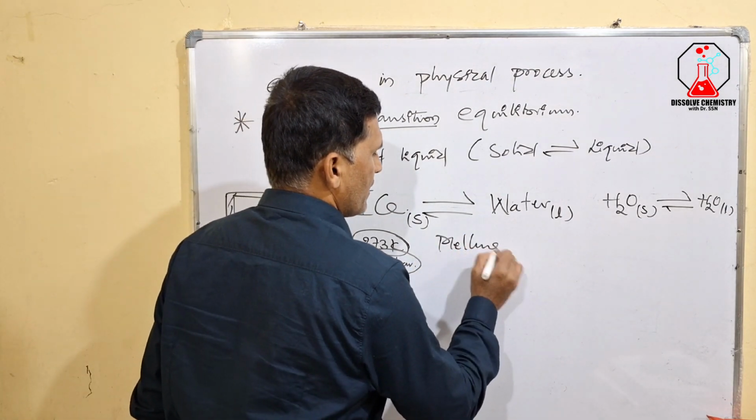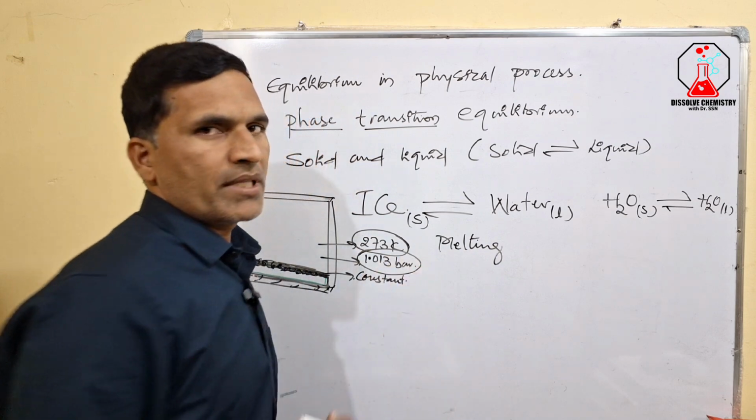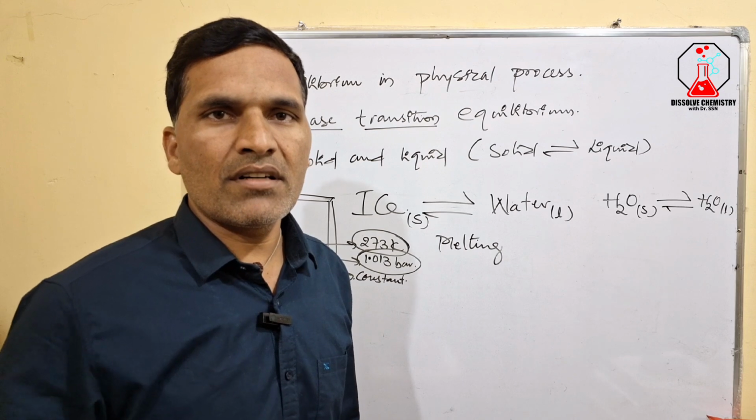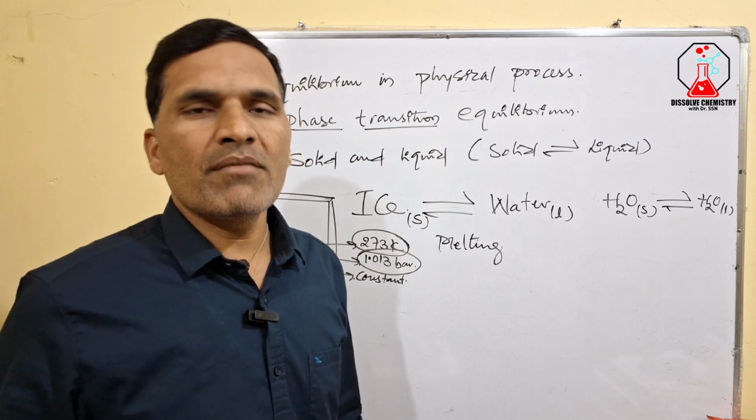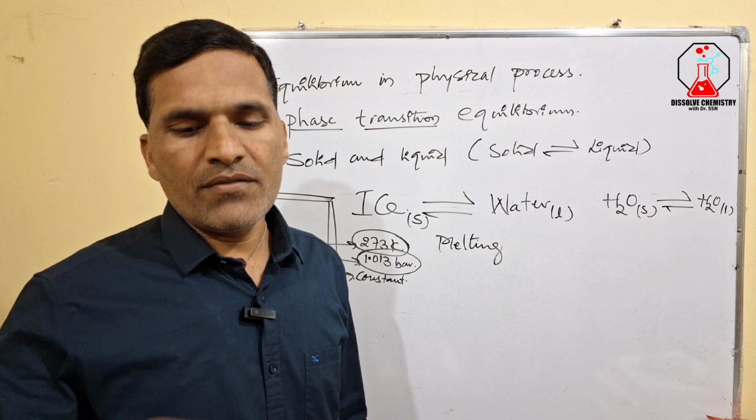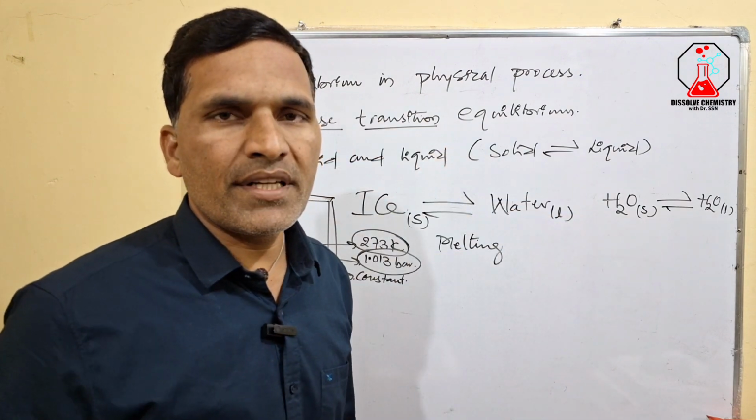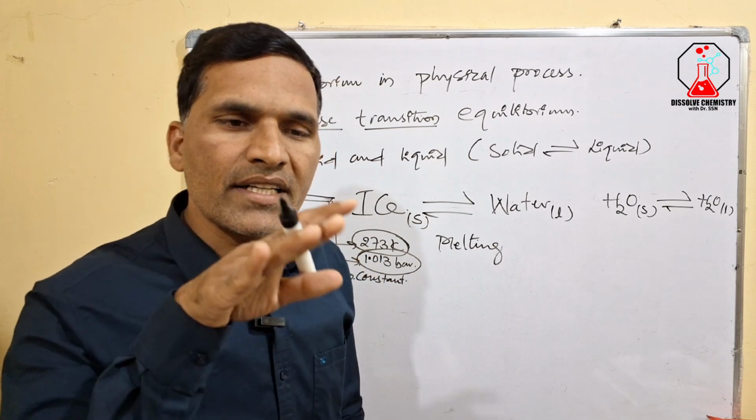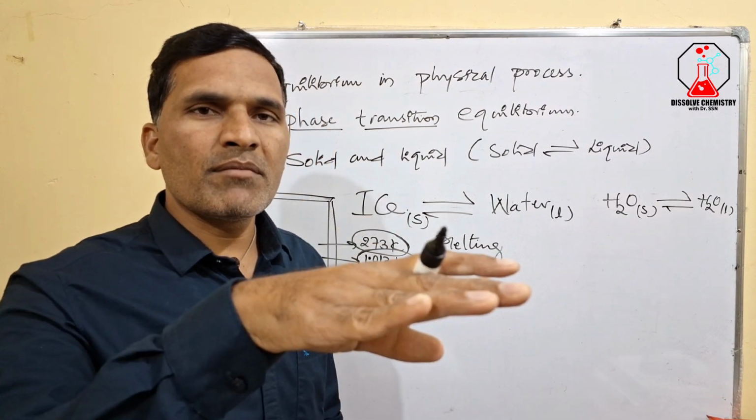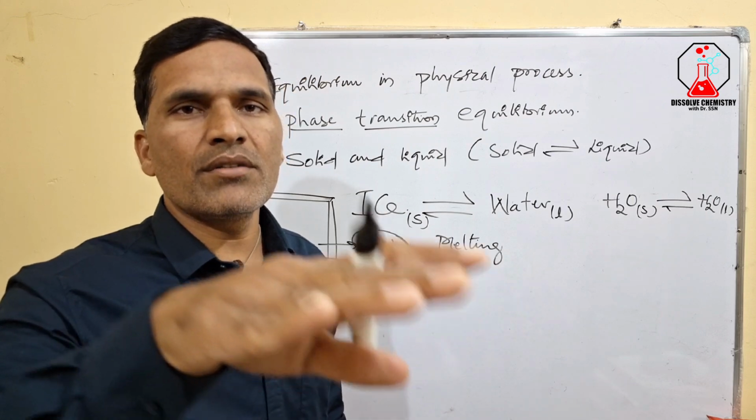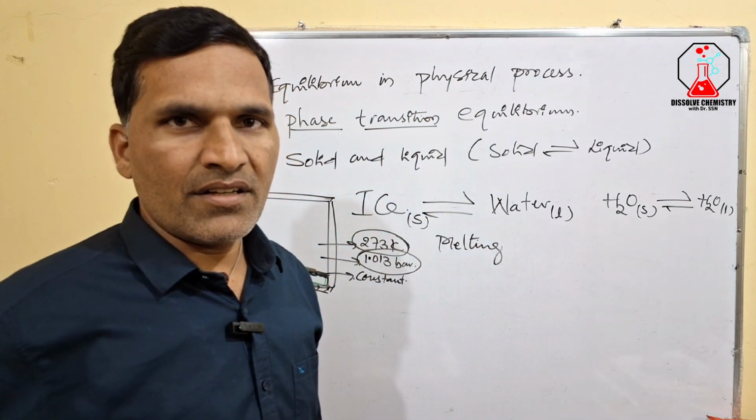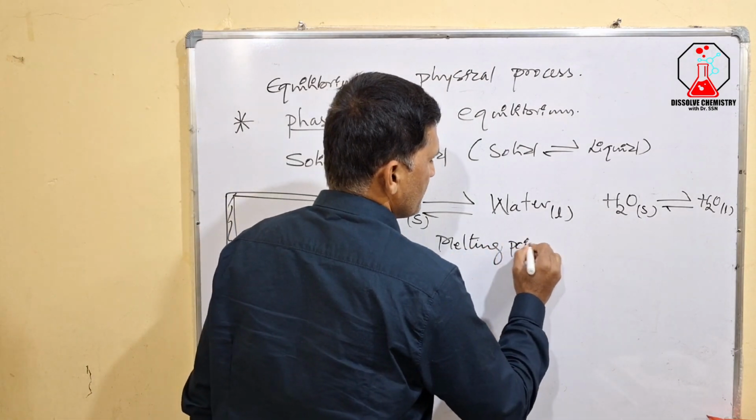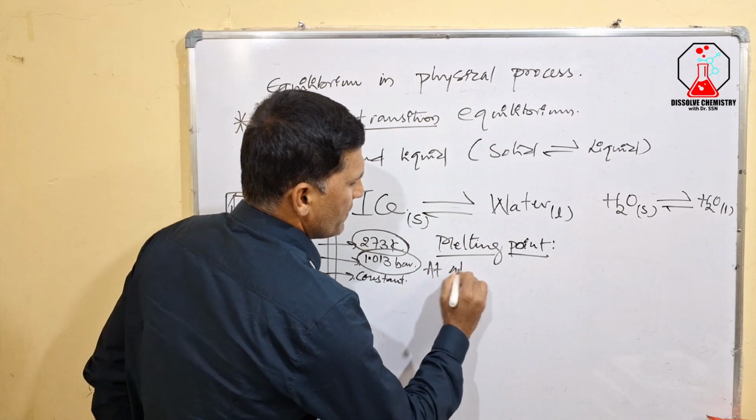If you alter the temperature, then the equilibrium will shift in a particular direction. If you decrease the temperature below 273 Kelvin or 0 degrees Celsius, then the equilibrium will shift towards the solid phase. If you raise the temperature beyond 0 degrees Celsius, then the equilibrium will be shifted towards the liquid phase. And exactly at 0 degrees Celsius, the equilibrium concentration remains, and both the phases coexist. Therefore we define this melting point as, at atmospheric pressure,